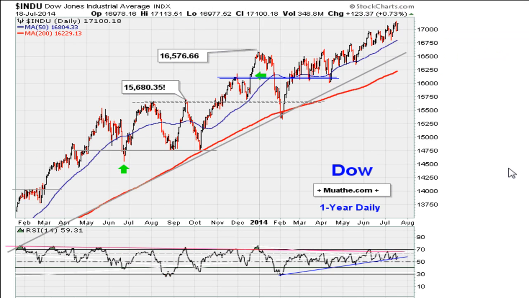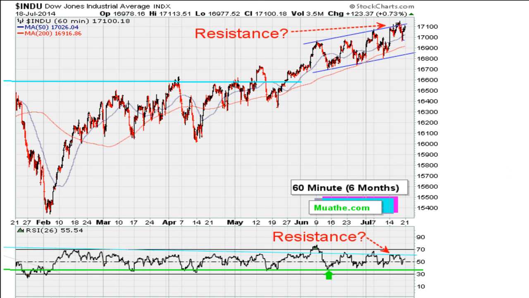If you take a look at the Dow 60-minute chart, early in the week we were finding resistance on the top side here, and that is why I think the pullback took place on Thursday. So we were finding resistance. We haven't really moved above this channel here, so we'll see whether it continues being resistance, and we're also seeing resistance on the top side of the RSI. So it made sense Thursday that we were selling off, because this is a resistance we've been watching for most of the week. Once we confirmed that with a double top here and here, the market was poised to go down. So we are seeing that on the downside, support has been coming on this line, which has been successful,